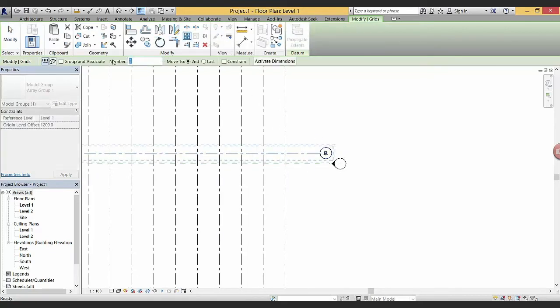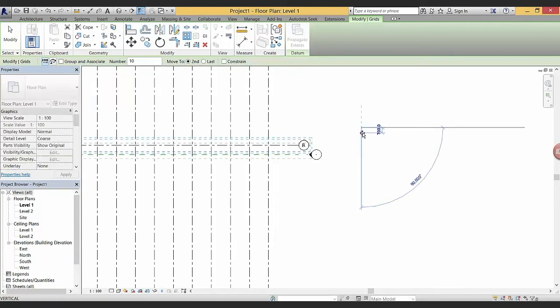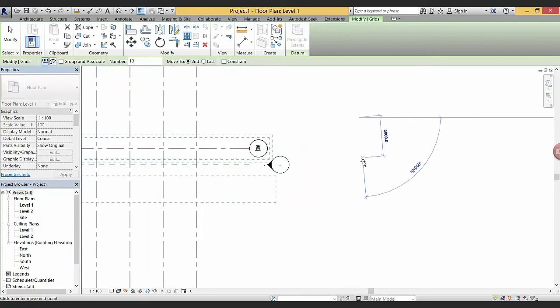So I'm going to array this grid now in the same way that I did with the last. I'm going to use a number 10, so we're going to have 10 grids, and I'm going to do the same thing. I'm going to click somewhere in white drawing space, and now you can see that when I've zoomed in, the values for snapping here will have changed. It will also snap to the reference planes and stuff. So now you can also just try to find 2.4 meters or just write them down. Just make sure that you point in the right direction.